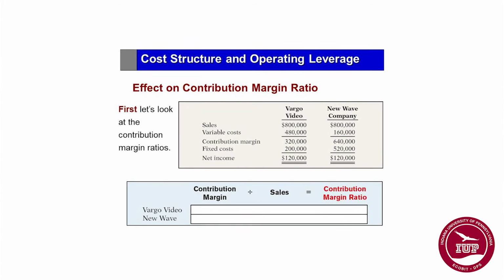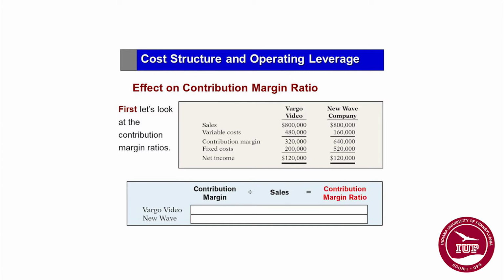But due to this difference in the cost structure, whenever a change in sales takes place, it will have a greater impact on the net income. So how does it affect the contribution margin ratio? If you look at the cost structure, your net income is the same for the time being. Your sales is $800,000 and your contribution margin is